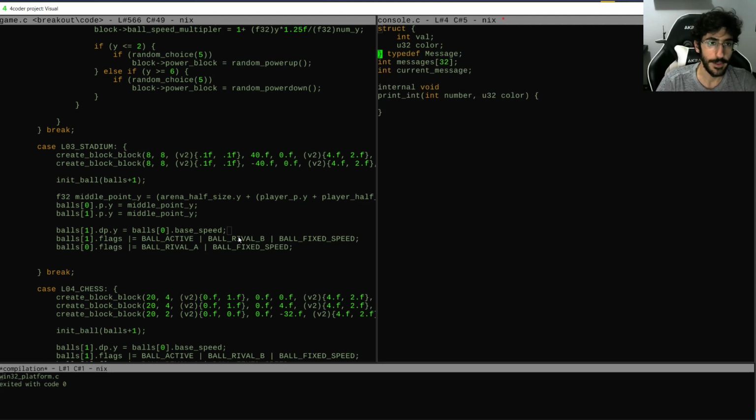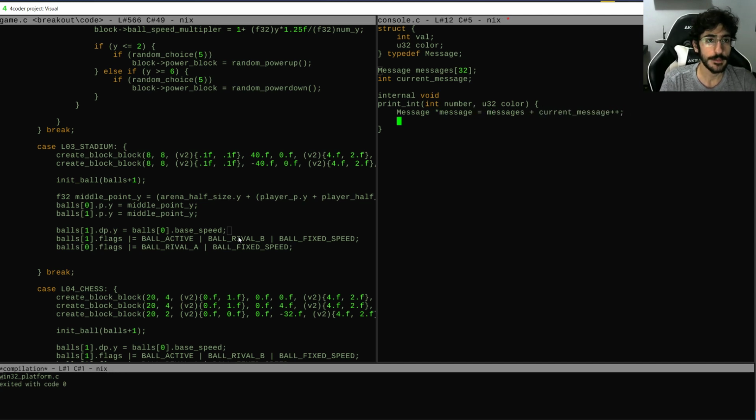Not so worried about life for now. Okay, so this is message. I have 32 messages and the current message. And when we print, we're going to do like message is messages plus current message plus plus. If current message is greater or equal than array count messages, current message equals 0, so it's a circular buffer, and we're going to do message val equals number,